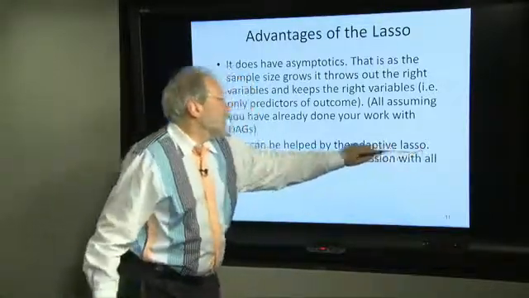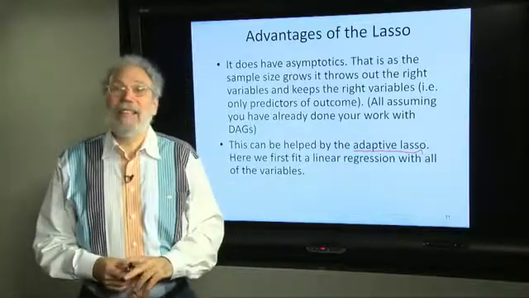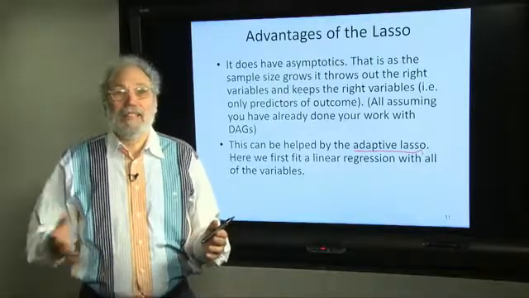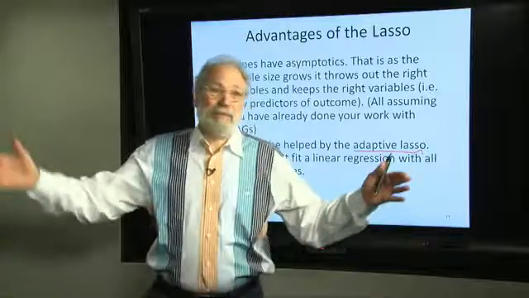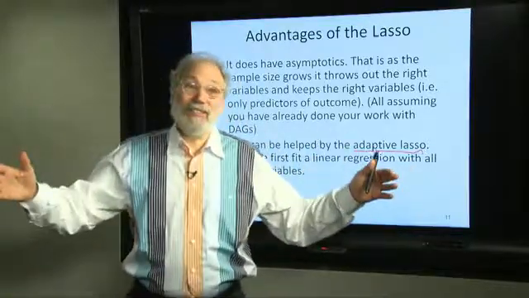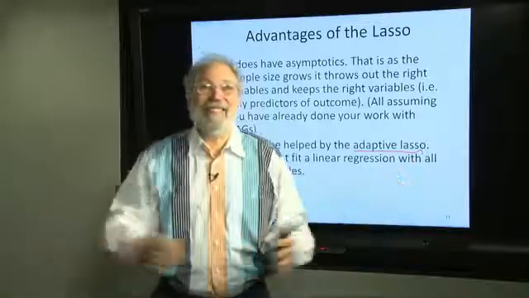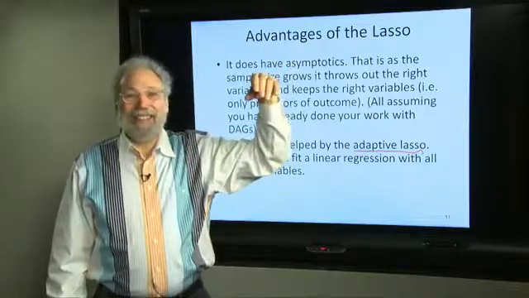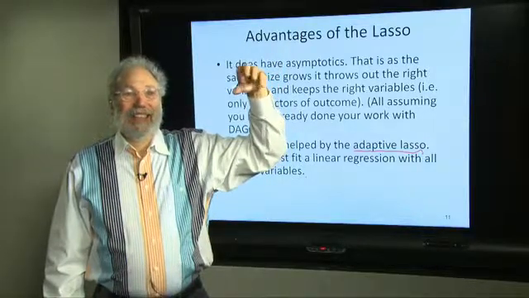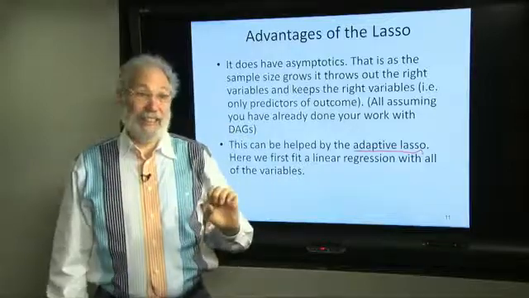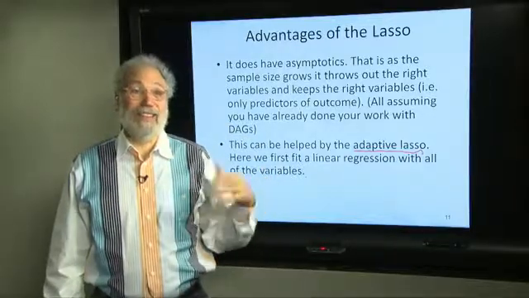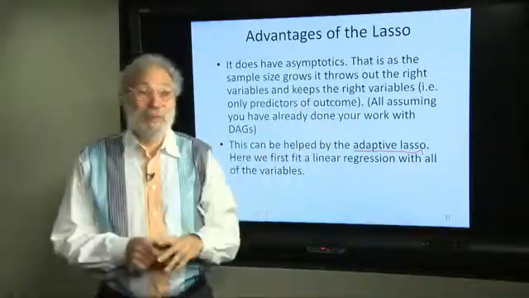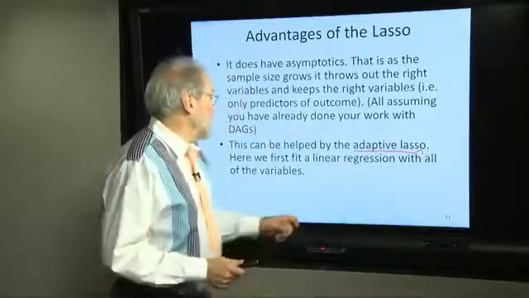Most of the time, and all the time if you do the following variation, which is called the adaptive lasso. So the adaptive lasso says, look, you've got this budget, right? You're going to spend only 23. The sum of the coefficients has got to be less than 23, right? But when you're allocating that, it would be nice to have some initial idea of which are the important variables. That might help you allocate those 23 units of coefficient more effectively. And so what you do is